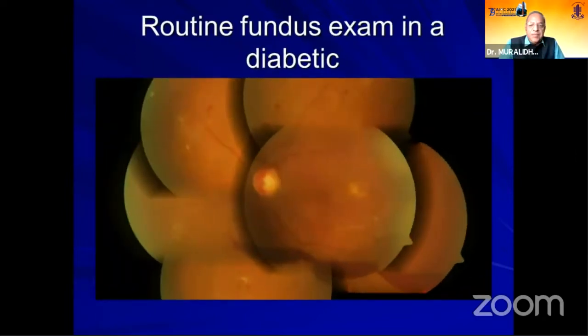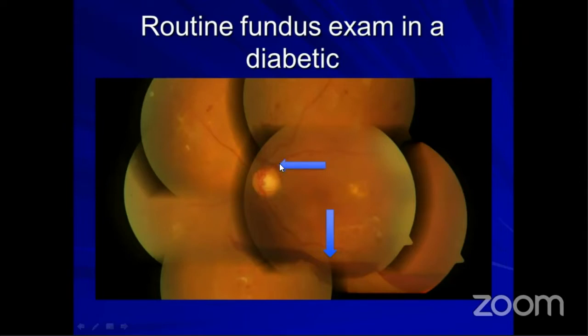This is what I was talking about. A patient on routine examination comes with a pre-retinal hemorrhage here, a pre-retinal hemorrhage here. So why I am stressing on pre-retinal hemorrhage is